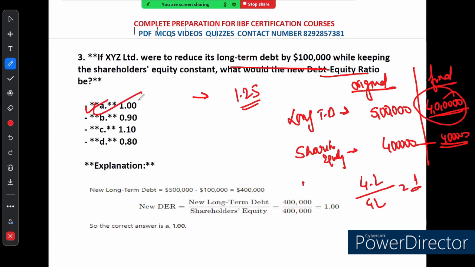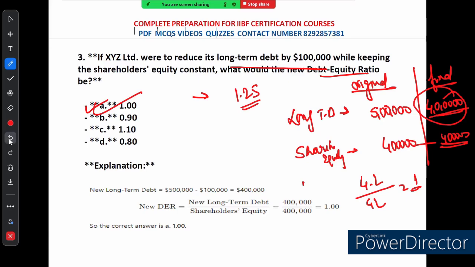Well, now that the debt and equity are equal, XYZ has a balanced capital structure where every 1 unit of equity is matched with 1 unit of debt. This might be a more comfortable position for the company as it reduces its financial risk by lowering the amount of debt. Reducing debt can be a smart move for a company if it wants to decrease its financial risk, and it definitely affects key financial ratios like the DER. In the XYZ case, bringing the ratio down to 1 suggests a more balanced and potentially safer financial structure.